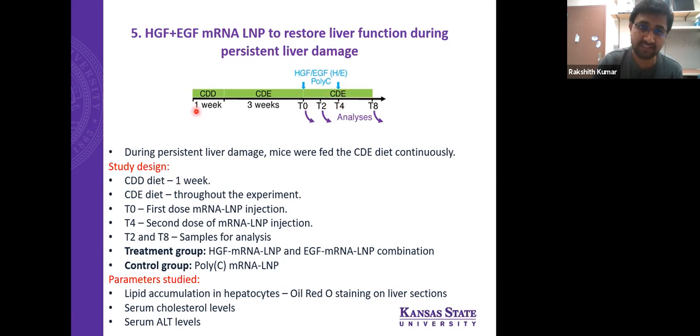So they gave the CDE diet for 1 week, and then supplemented the methionine and choline deficient diet for another 3 weeks, and then they gave the first injection of the mRNA encoding HGF and EGF, and the control group received the poly C mRNA. The mice received the second dose through the intravenous route on the fourth day. They collected the samples on T2 and T8 to evaluate lipid accumulation in hepatocytes by Oil Red O staining,